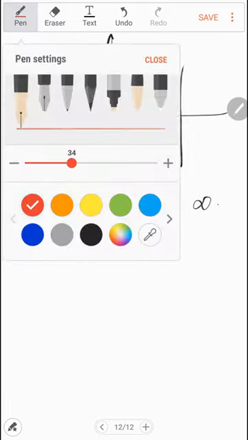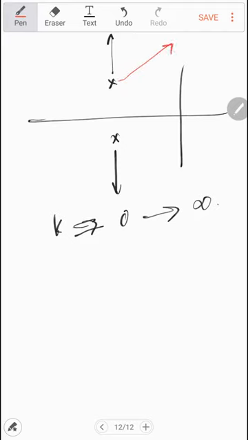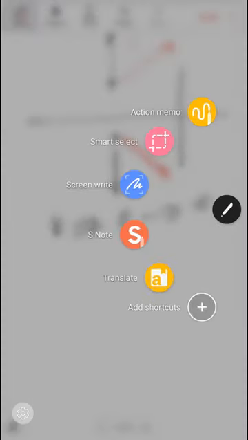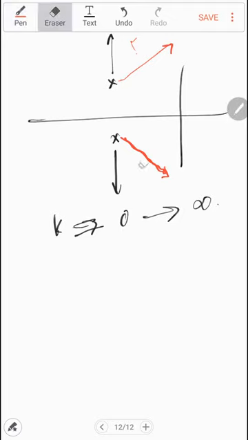But if the first one is moving in one direction, the second one, the pole below the real axis, will be a mirror image of the same one. So what is the mirror image of this one? Mirror image of this one is this one. Sorry, my plotting is not correct, so it will be this one. So you see they are moving in the same direction, so it will be a mirror image.